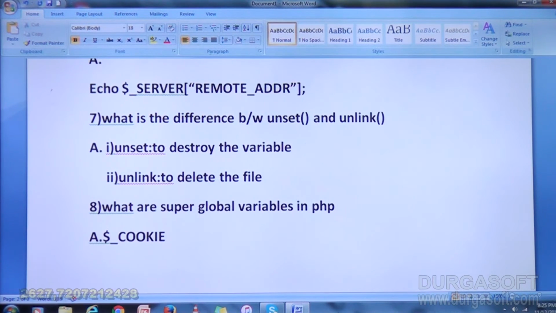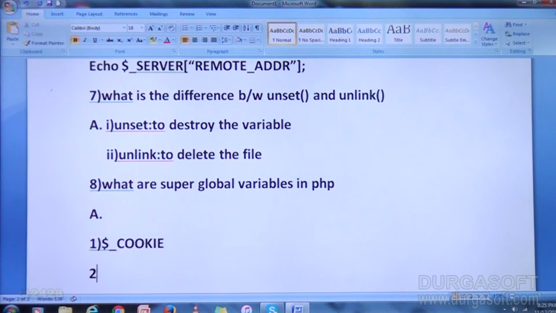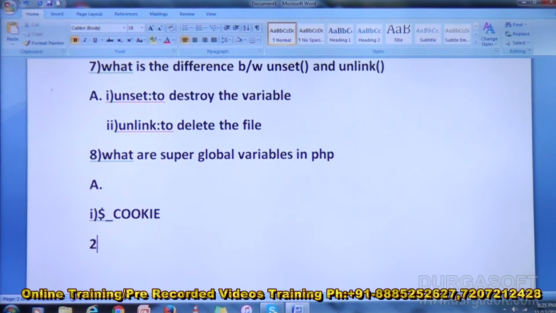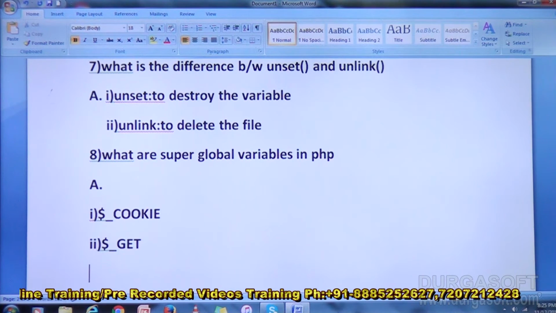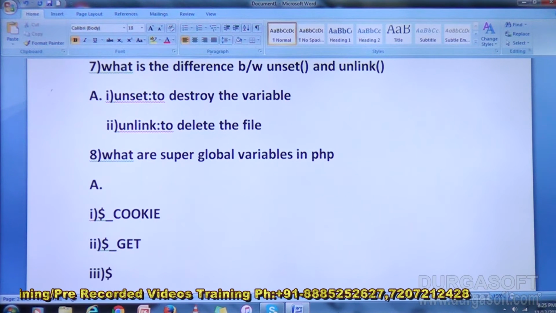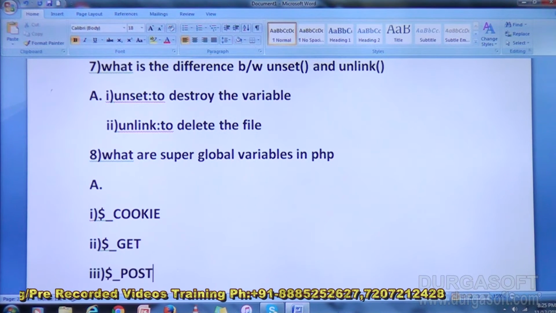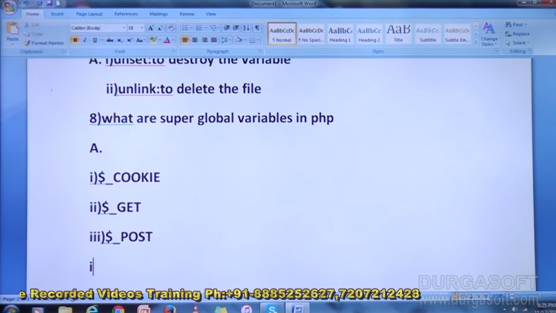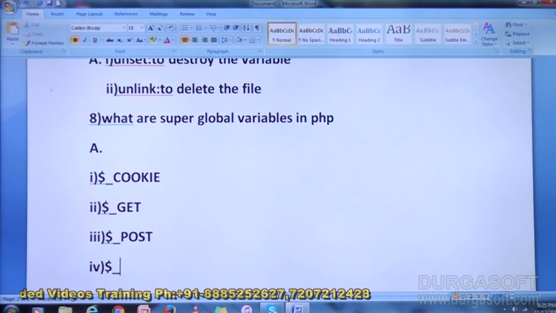The first one is $_COOKIE, and the second one is $_GET, and the third one is $_POST, and the fourth one is $_REQUEST,